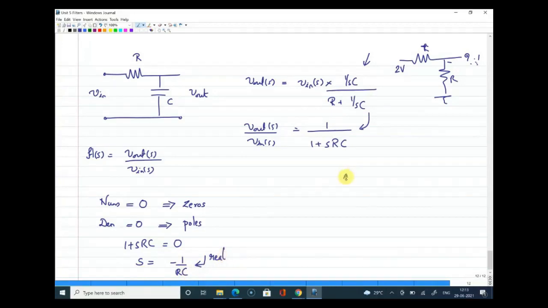So how will I mark this? As I mentioned, if I draw this sigma and j omega, which is called the S plane, I can mark it as this point. There is a pole, and what is the value of that pole? It is minus 1 by RC, right? Probably you would have definitely seen this S-plane representation of poles in your signals and systems course, where you would have also defined the stability of a system by looking at the poles. If the poles exist on the left hand side of the S-plane, you would have identified the system as a stable one.